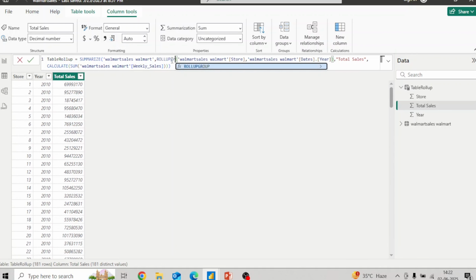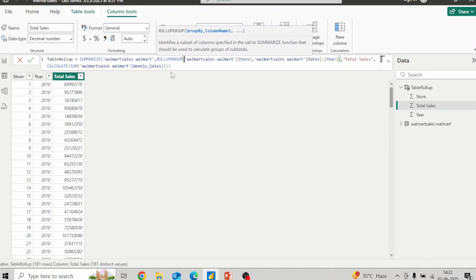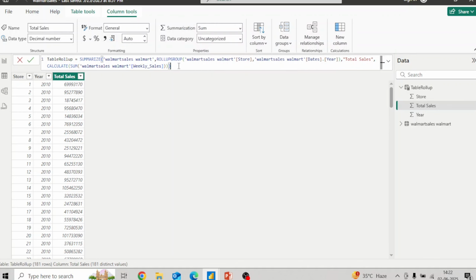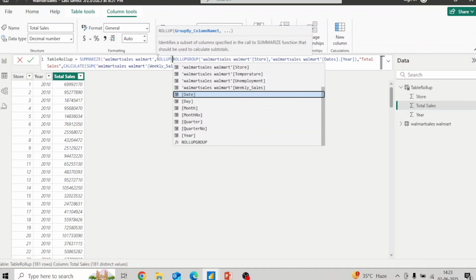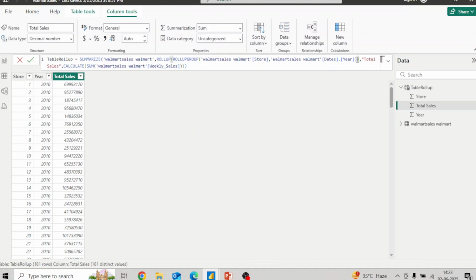then in that particular case we can definitely use the roll up group. Now you see, if you only run this much, it will not do anything, because roll up group does not really do anything. It just groups the columns together. So in order for you to see the actual result, you need to top it up along with the roll up function. Now if you go ahead and run this,